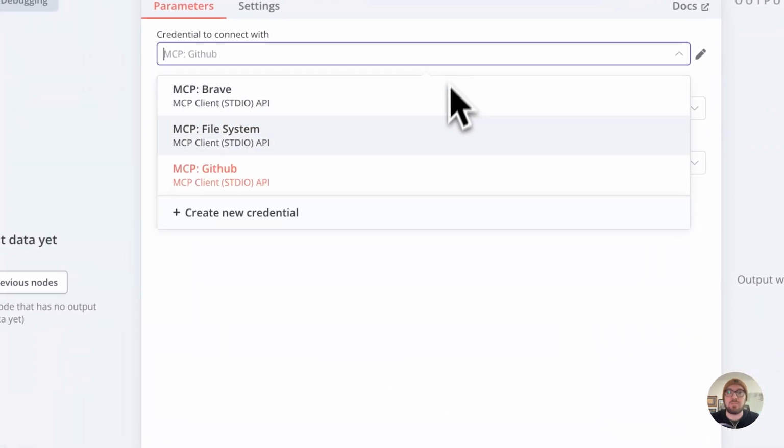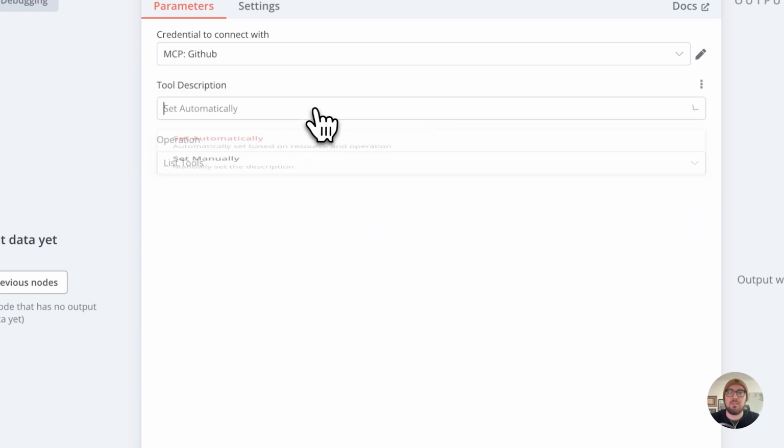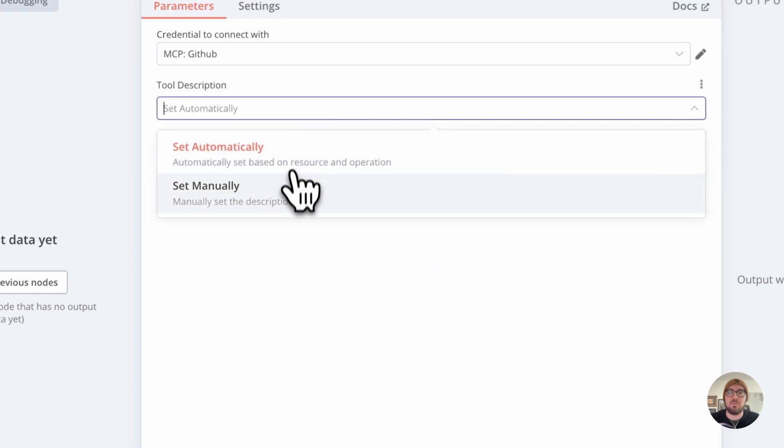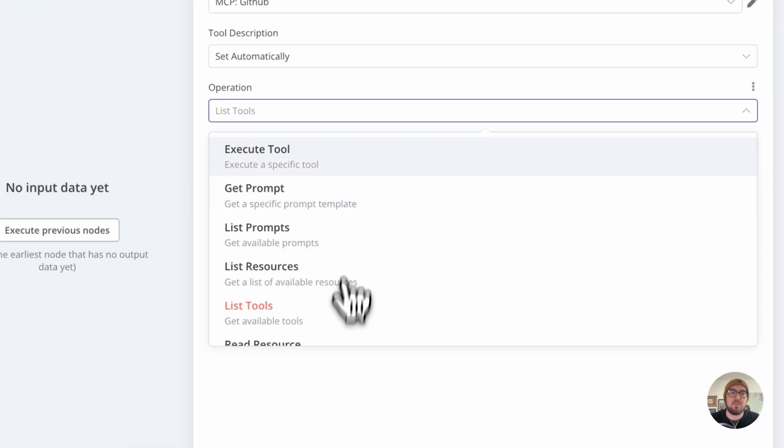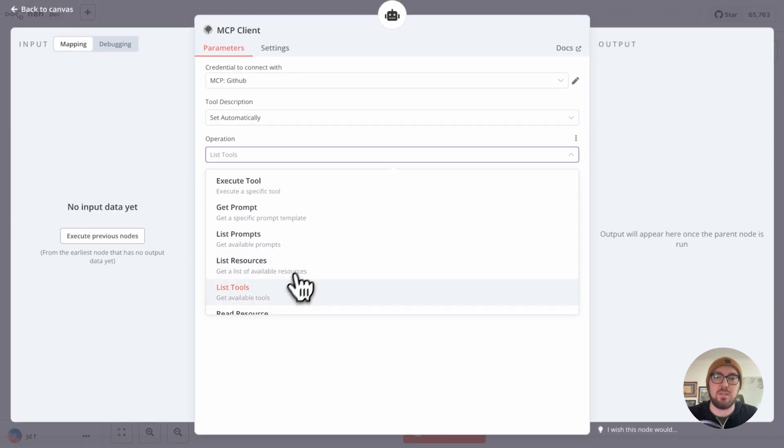Again, you have to select your credential, and then you can either set the tool manually, or you can set the description. Then you have to pick your operations, right? So you can specifically say you want to list the tools, or you can execute, and you're just going to give the AI agent access to all the tools that you see available, and then it'll actually try and connect